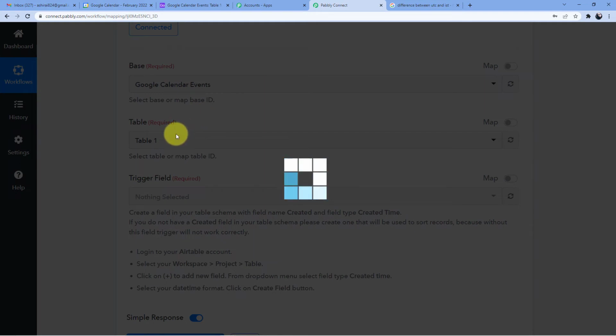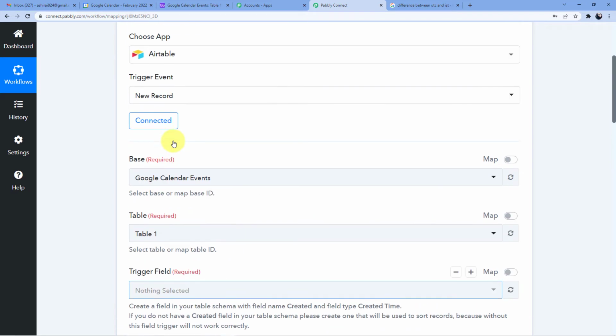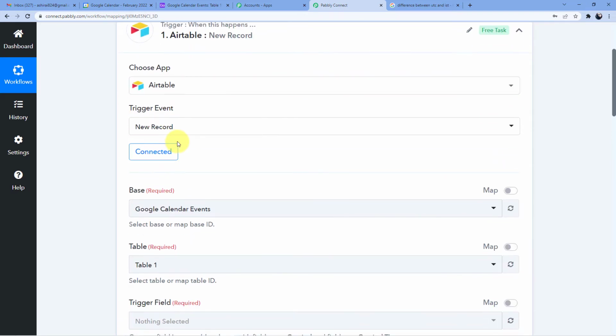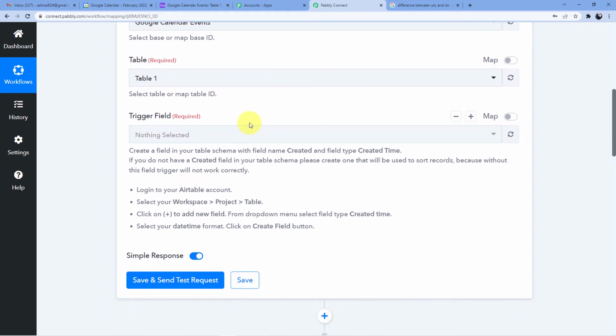Now it will automatically take the table name, which is table 1, and now it is asking me for the trigger field. Now, what is the name of this application? Airtable. So if we want Pabbly Connect to successfully capture the data from Airtable